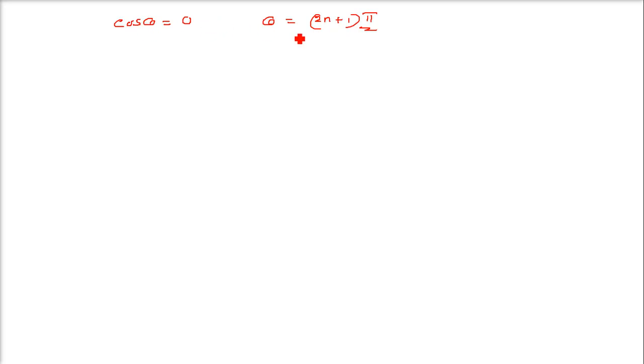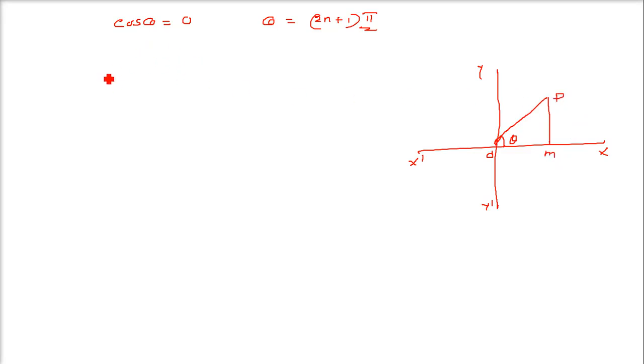But how to prove it? For that, again we are going to make this our y, this is y dash. I am just taking one triangle, but you have to imagine that this triangle can be here, it can be here, it can be here. That is why we will have multiple solutions. So this is theta. Now here we have x dash. This is theta. Let us name it as O, M and P.